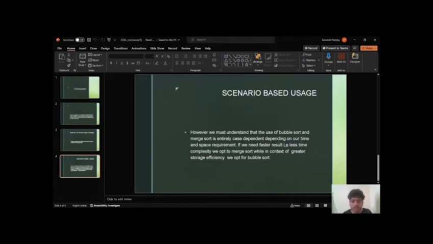Now, moving on to the scenario-based uses. However, we must understand that the use of bubble sort and merge sort is entirely case dependent, depending on our time and space requirement. If we